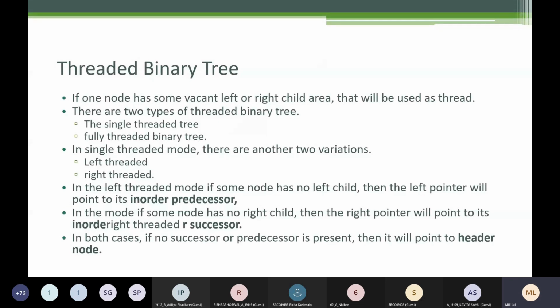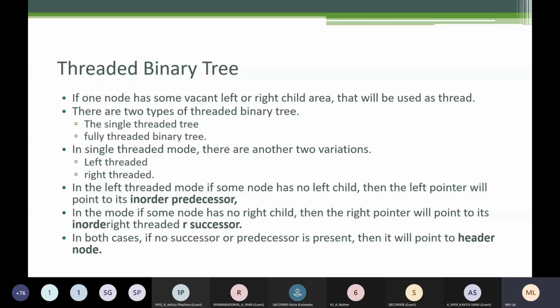So there are two types of threaded binary tree, single threaded and fully threaded binary tree. And single threaded also has two variations, left threaded or right threaded. Okay. In left threaded mode, if some node has no left child, the left pointer will point to the in order predecessor.